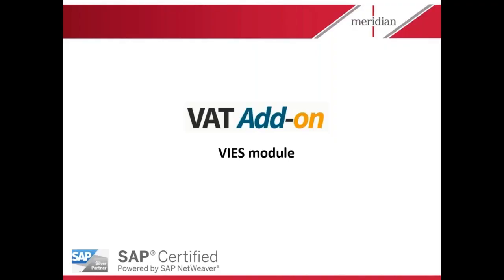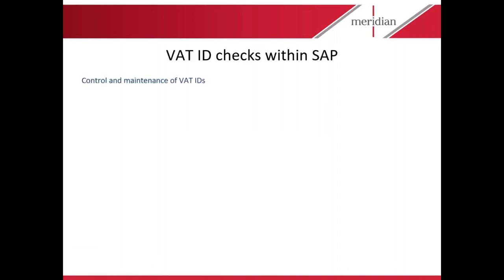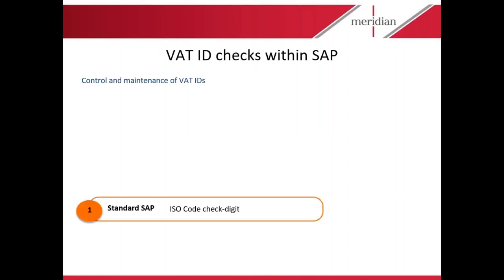Today we're going to demonstrate the Meridian VAT add-on VIES module. So let's talk about standard SAP and the VAT ID checks within SAP. There's a control of maintenance of VAT IDs within SAP, but the only checks that are done are the ISO code digit check, which will basically check that when you create a VAT ID for your customer or vendor, that number matches up with what's expected in the system to be the right amount of digits in a VAT ID